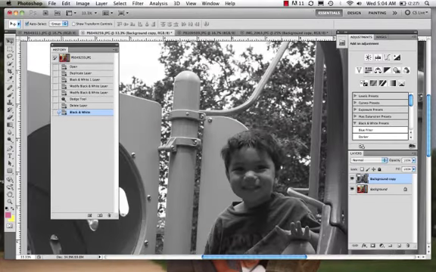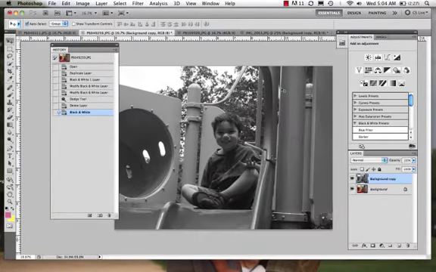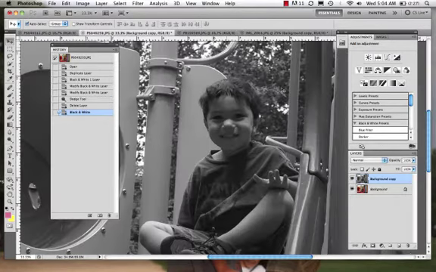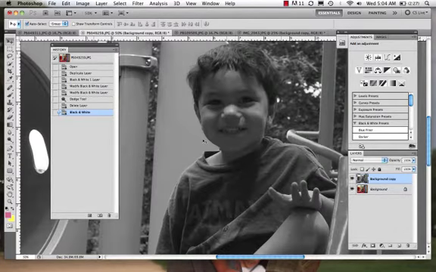Okay, so I have this black and white image, and what I want to do right now is really try to create a little bit more of a difference between his face and what's behind him. So it's actually pretty easy to do, and there's a couple different ways that we can go about doing this. Okay, so what I could do is I could start coming in and